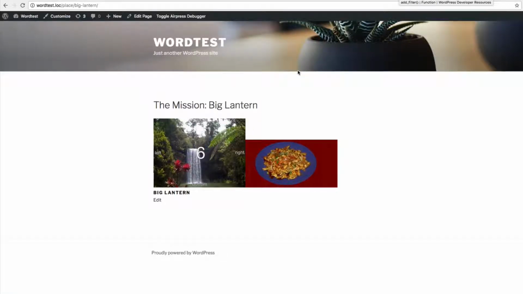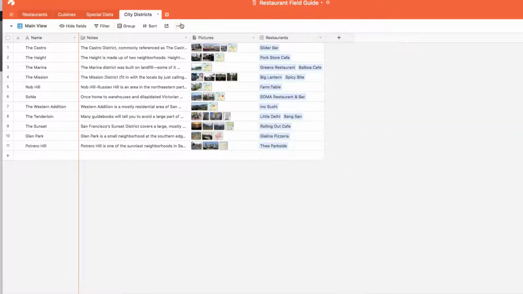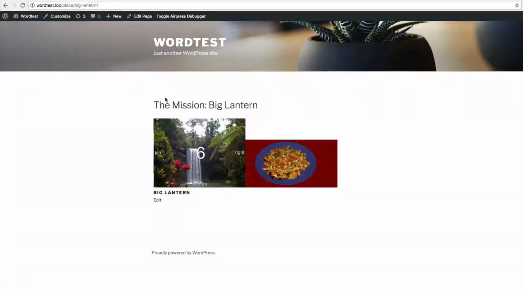Here's a quick look at how, using virtual posts, we can still get related records and cache images. So if we're looking at the restaurant field guide, we have restaurants, we have city districts. We're going to create a virtual post that's going to target a specific restaurant, and so we still want to be able to augment that query to add the related field of the district and to cache the images, and there's no place